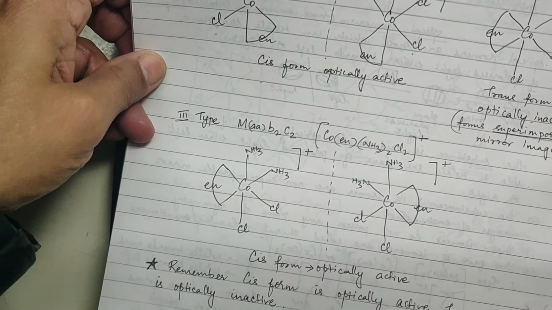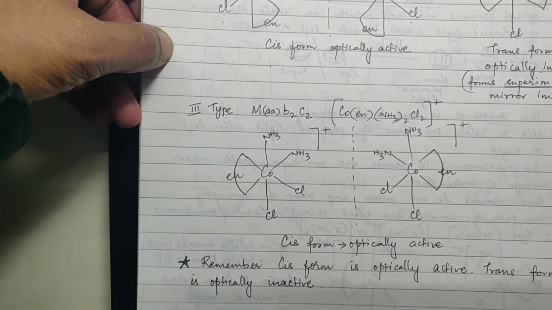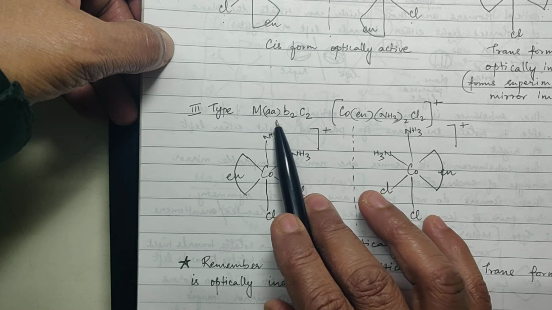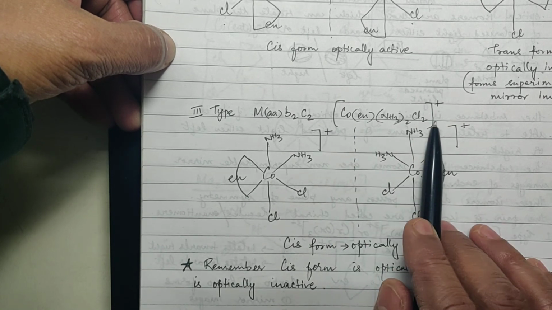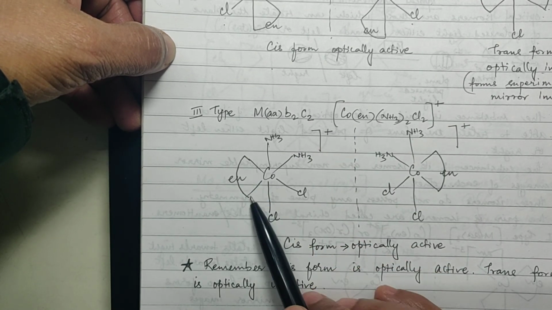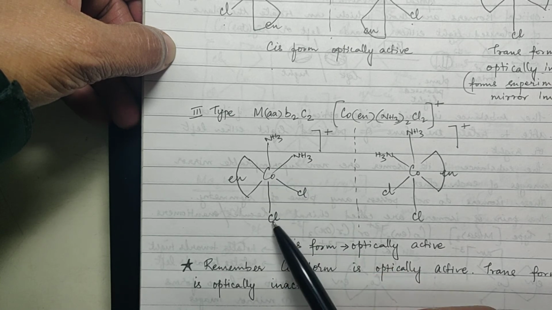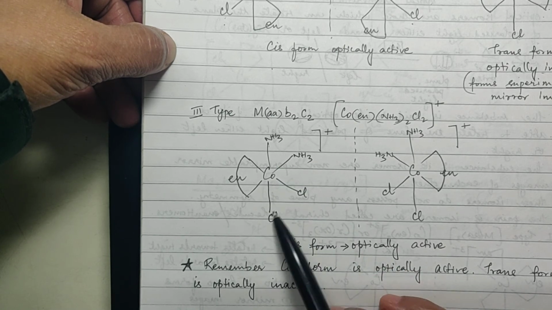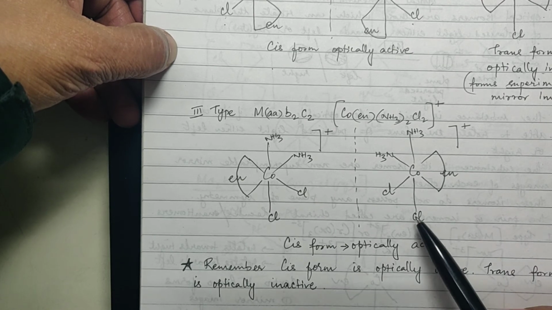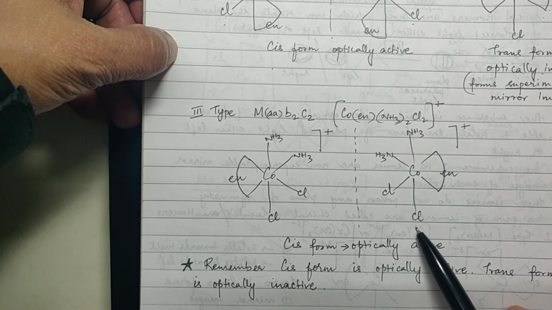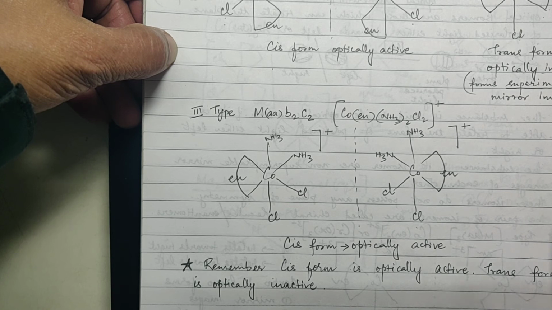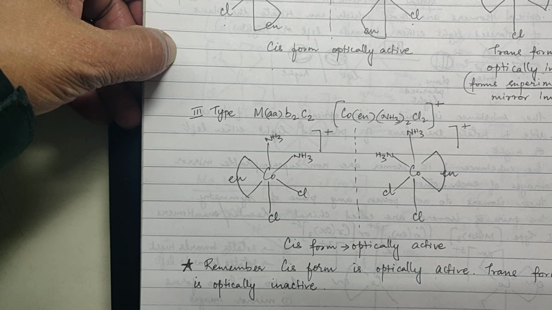Again, you take the next example. Here there is only one bidentate, then B and C are monodentate, they are 2 in number, like this. So Co, en, then Cl, NH3. Now if you are having it at adjacent positions, it is considered cis. Now here, this is also cis, 2 adjacent positions, right? Now these are called the cis form. And again here also the trans form is optically inactive.